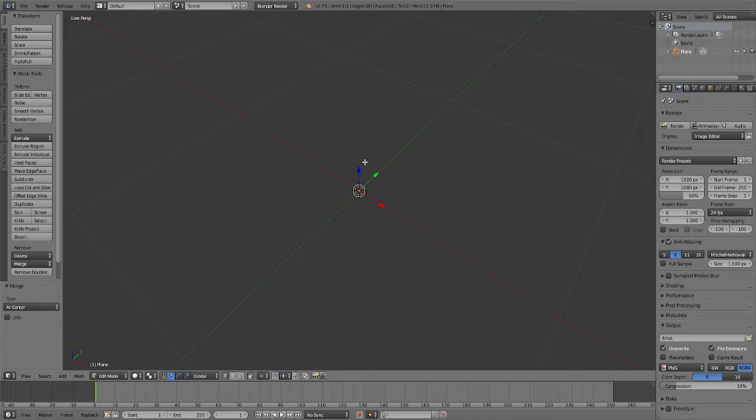I don't use the newest version because I'm very familiar with this version, and that's why. Then when I press Alt M, or in the newest version I think it's only pressing M,